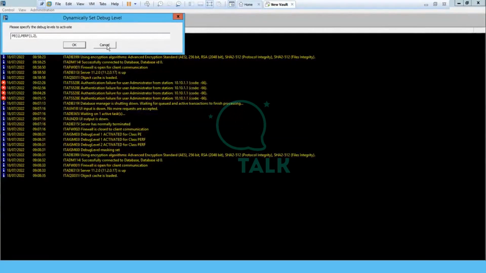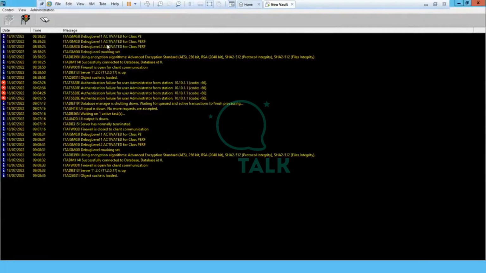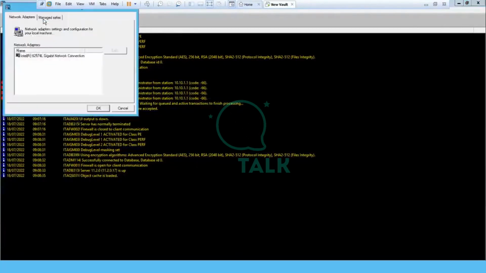Or if you raise a case to CyberArk, they will suggest we put those debug levels and they will ask us to forward the logs. If you want to put the debug levels dynamically, we can do that in the Administration tab. And if you want to put that,